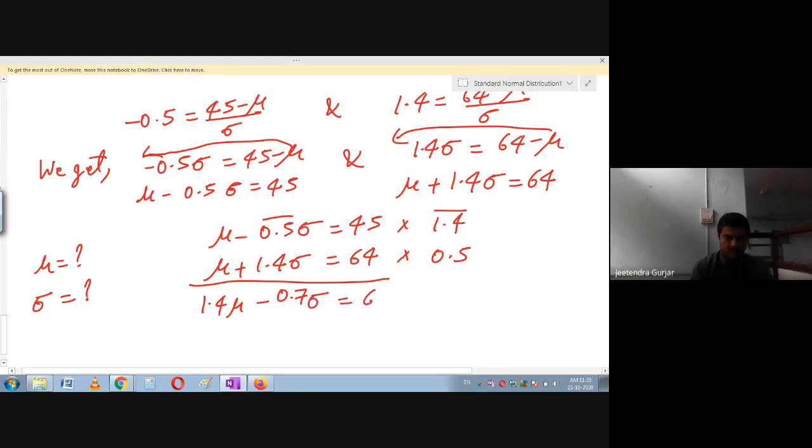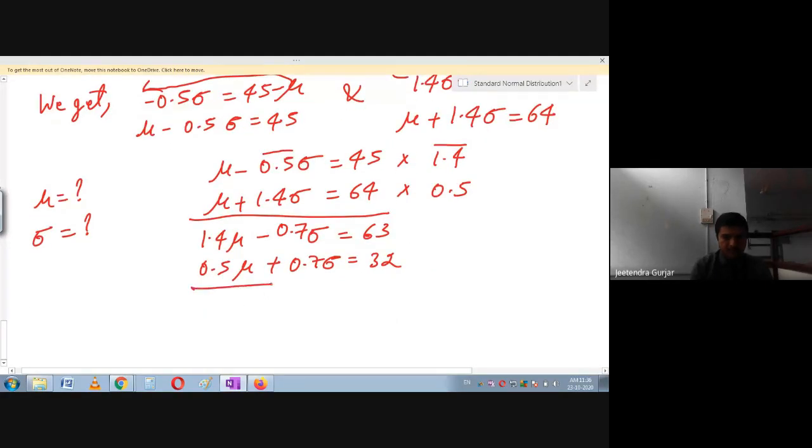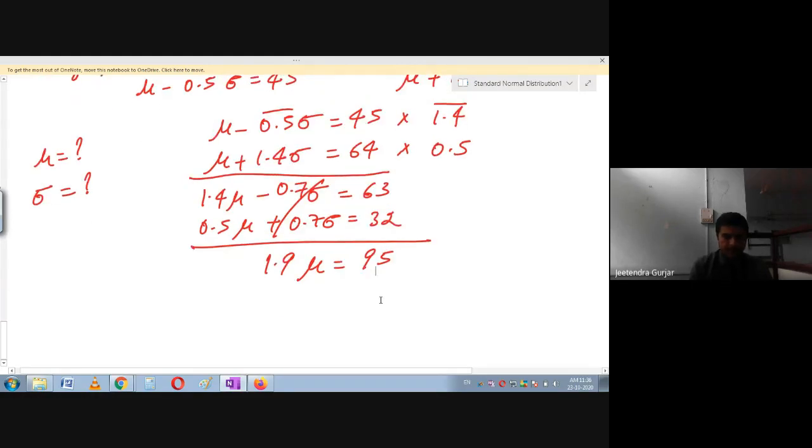So you can calculate like this, or I will just go through this value also. So both the ways you can do. I want the answers now. I'll just multiply 0.5 here. If you further simplify, yes, your answer is correct. This both will get cancelled. If you add 1.4 and 0.5, I'm going to get 1.9 mu. If you add this, I'm going to get 95. If you simplify this, mu is equal to 95 divided by 1.9, I'm going to get this as 50. Yes, your answer is correct.